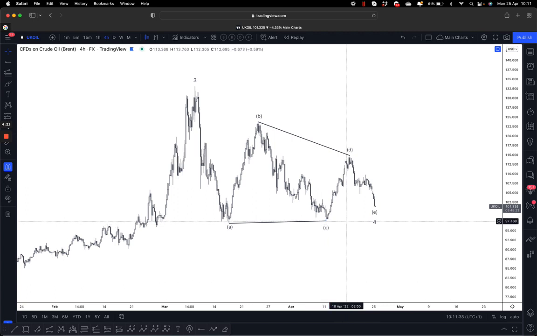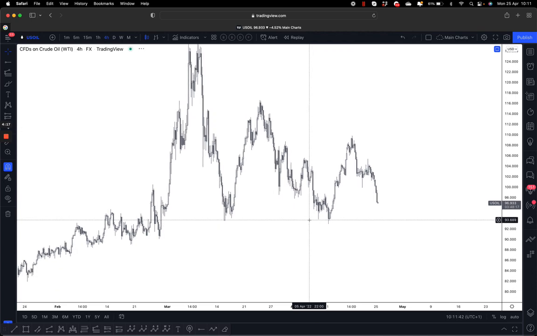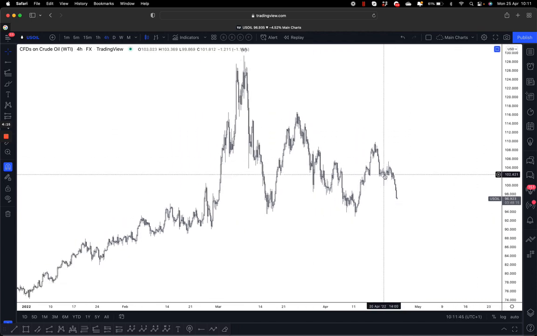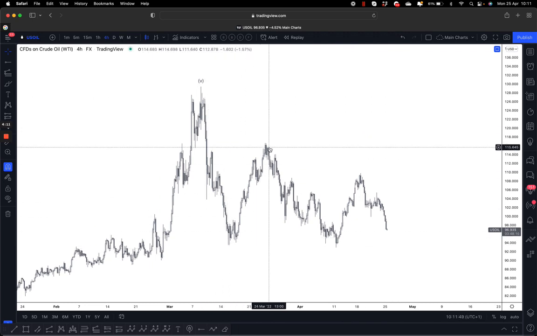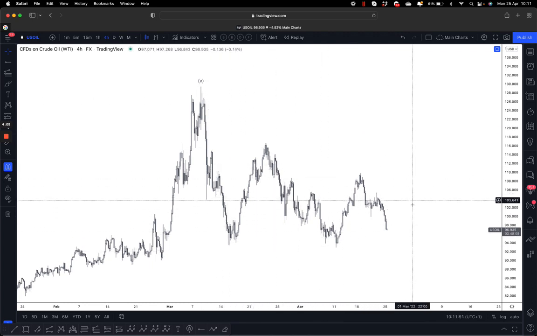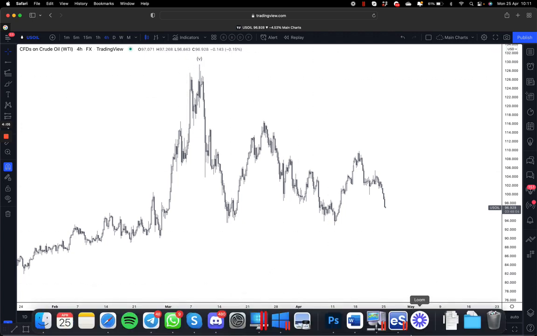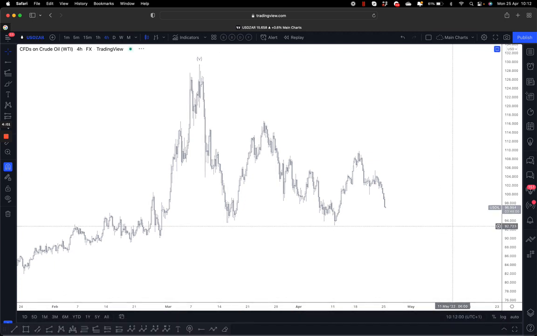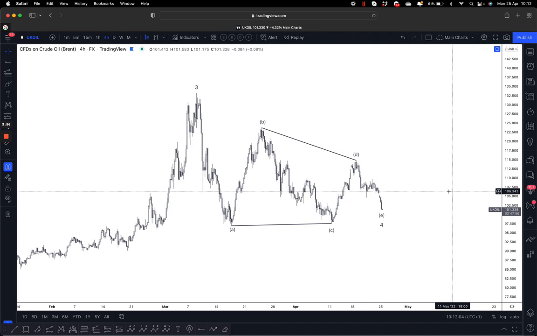So I'm looking at some alternatives only because I can see maybe US oil might be doing another low to the downside. This could be wave A, and this could be a running triangle, and then we can form wave B to the downside. WXY, same sort of variant of a corrective pattern. So if I go to UK oil, say hypothetically speaking, we do break this wave C, this would then mean